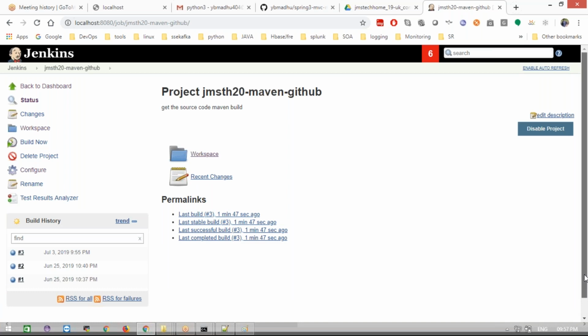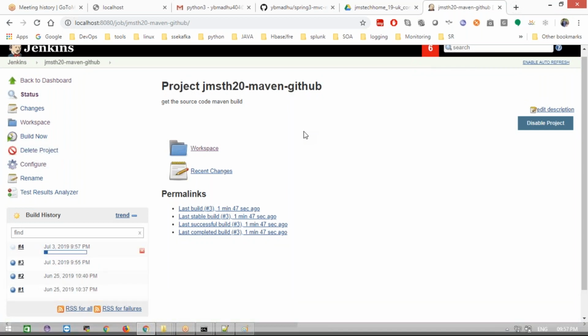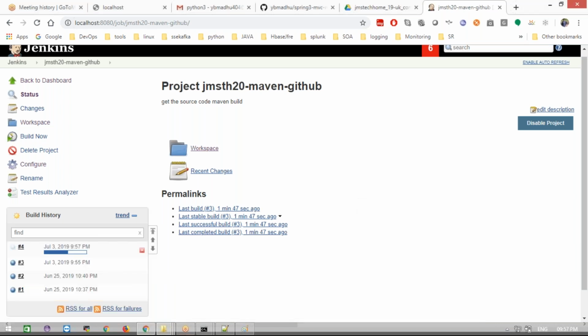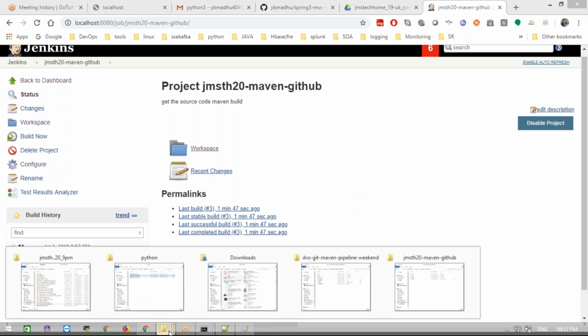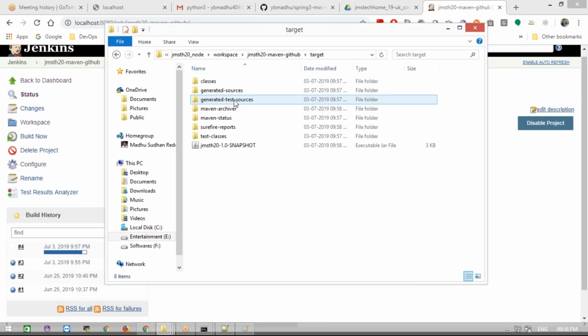Now, see, I'm going to click the build now button again. The data will be shown only one time, okay? It is not created n number of times. But if your project is heavy, like 100 MB, 200 MB, 300 MB, then if you store n number of jobs, that many MB of data will take up place to store your actual content. Now go to this workspace, where it is, this one. See, the target folder will also be created here now.